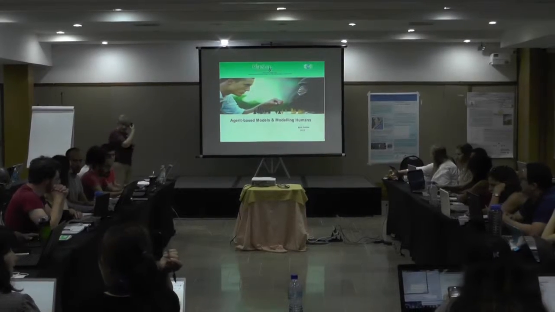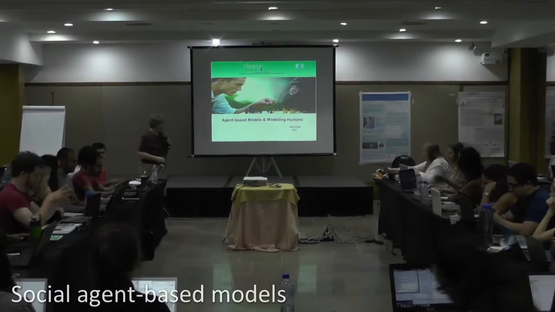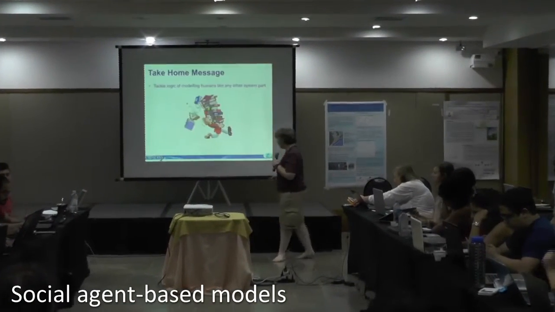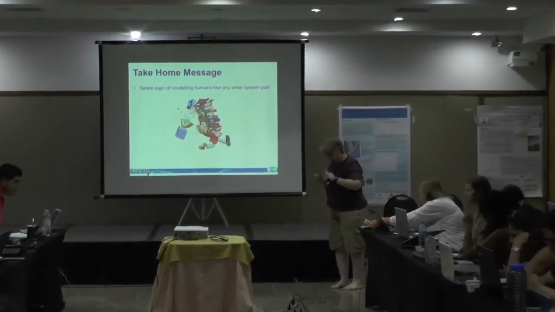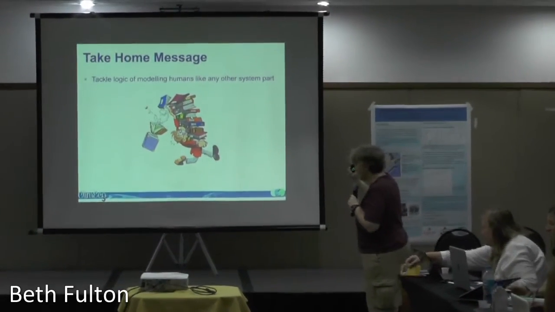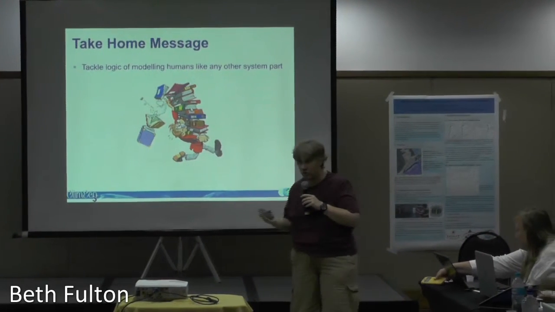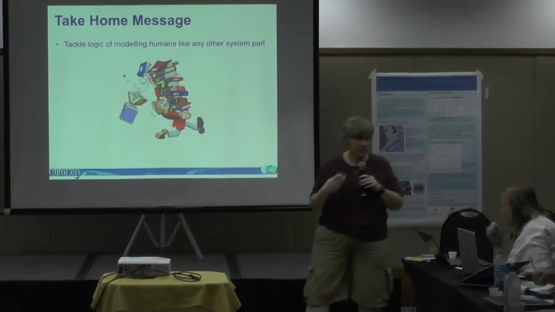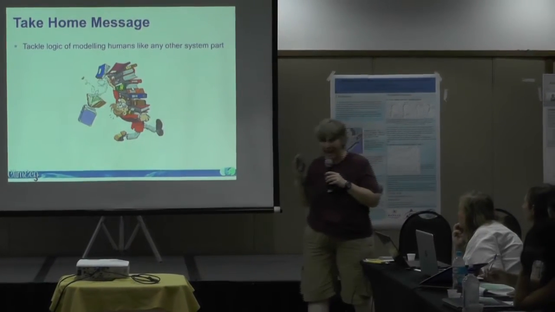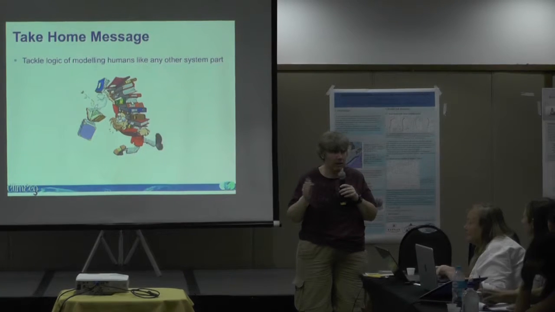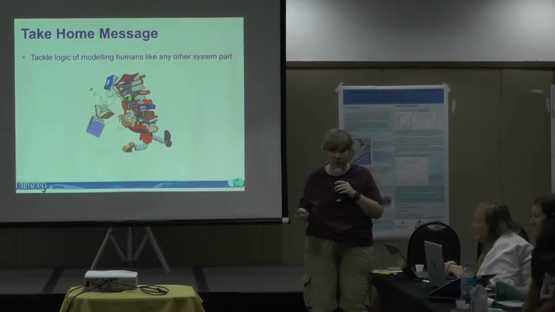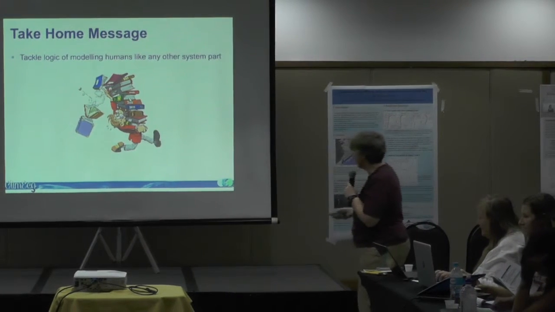Okay, imagine. So now we're going to talk about modelling humans. And agent-based models are one way of modelling humans. So if we suddenly get overwhelmed by the desire to run off to the beach early, the take-home message of all of this is that the same logic that you use in modelling any other part of the system, you use when you're modelling humans. We're not that special, actually. Advertising would not work if we were not able to be modelled. People can tell what we're going to make a decision on, and that's why advertising works.